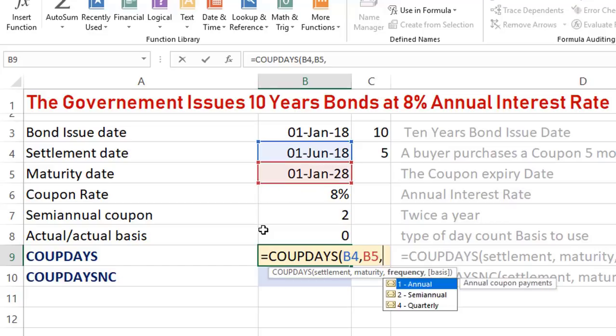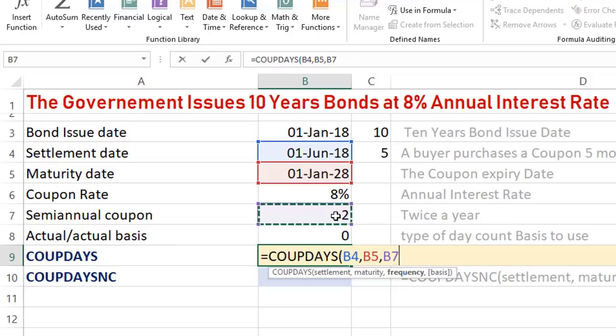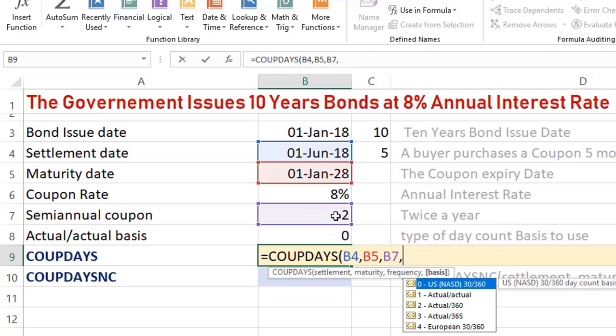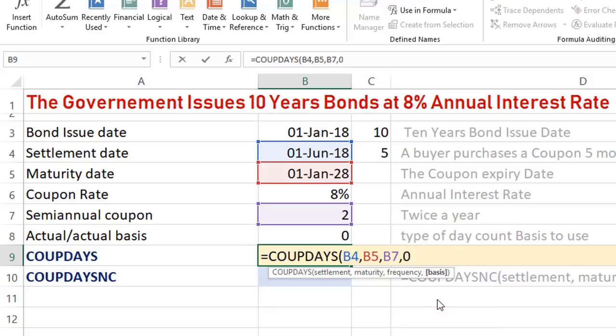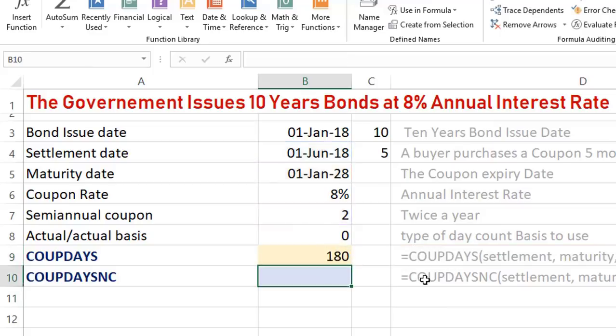I hit comma, and then it asks me about the frequency, how frequently you will be getting the interest on this bond. It's semi-annual, so I can select 2 from here, but I already typed it in cell B7. And then finally, it asks me about the basis. I'm going to accept the default, which is 0. So I'm going to hit the tab key and then close the bracket and hit enter, and it's returning 180